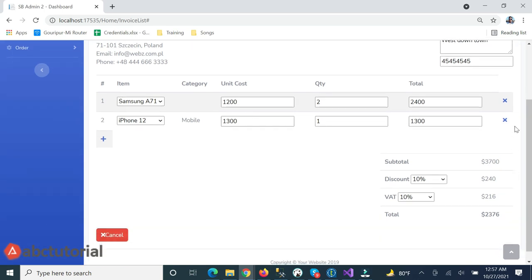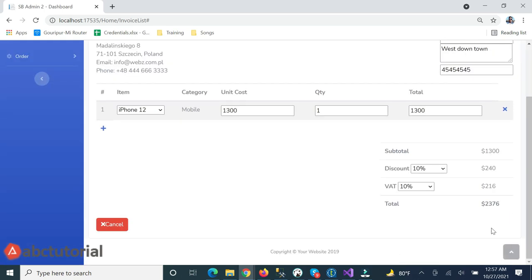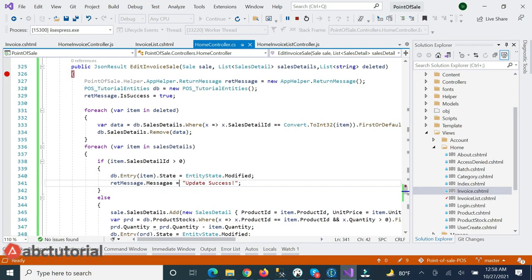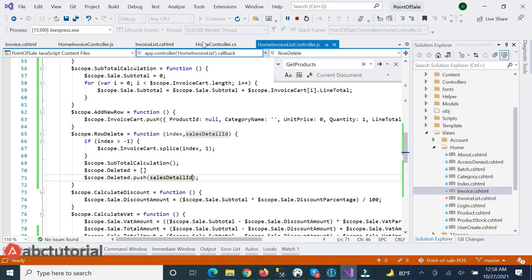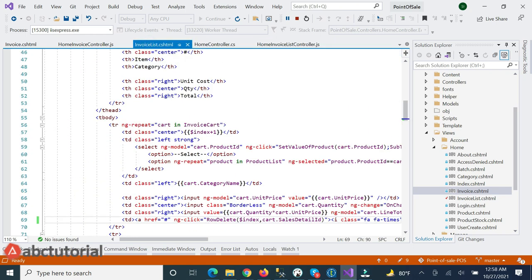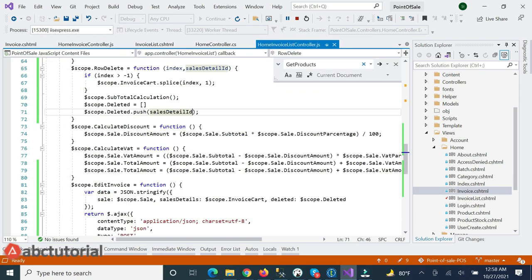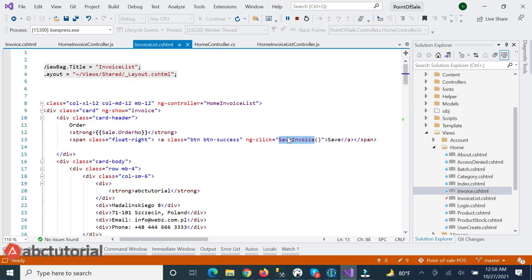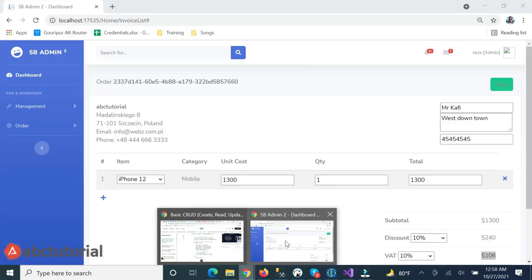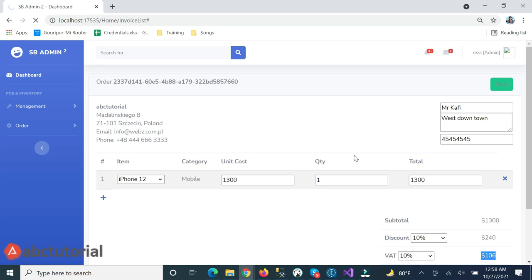See here, 3700. If I delete, see the value: 1300 to 40 is discount, 106 is VAT. So if I click on save, if I check the save method, it's save invoice, but our method name is edit invoice. So if I click recheck,